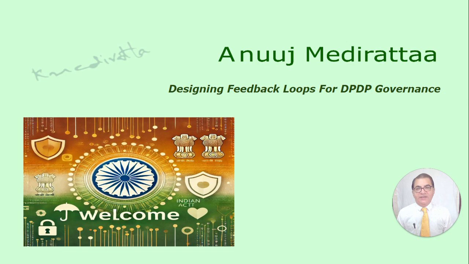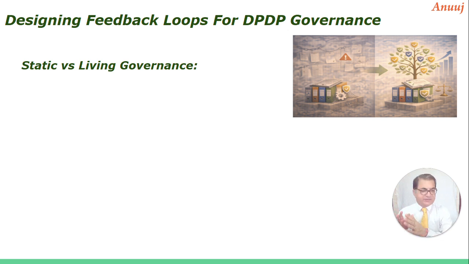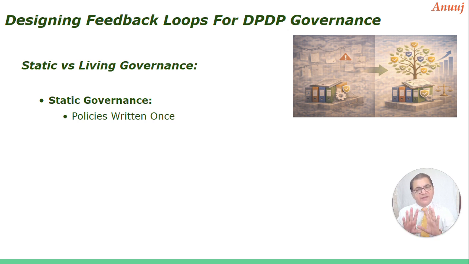We are going to talk about the feedback mechanism for DPDP governance. So what are we saying here? Governance could be of two types. One, a static governance, which happens in a lot of organizations, and some of the things do need that also. For example, if it's tax compliance, where every invoice has a tax component that automatically gets fed into the system and tax has to be deposited at the end of the month. There's nothing very live about it. It has to be like that, right? So it's a sort of static governance where policies are written once.